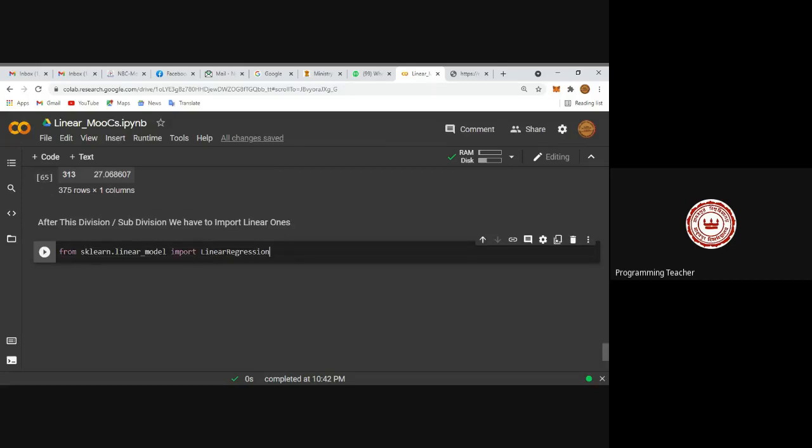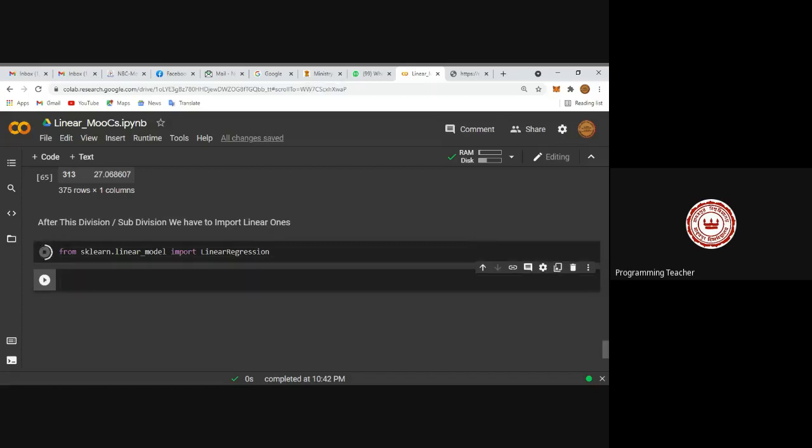From sklearn.linear_model, import LinearRegression. Now I am going to execute the code. That's fine. Every day from today onward, you have to take support from the sklearn library. That is very much helpful for our data science as well as machine learning domain.